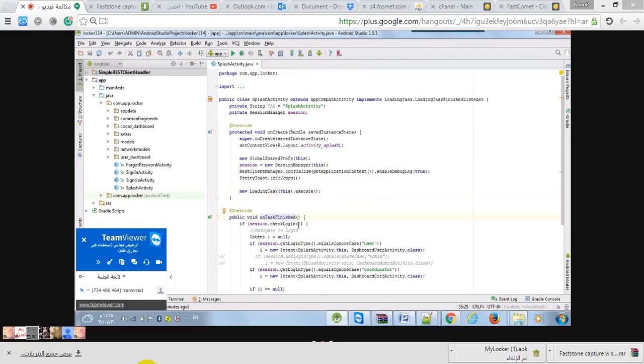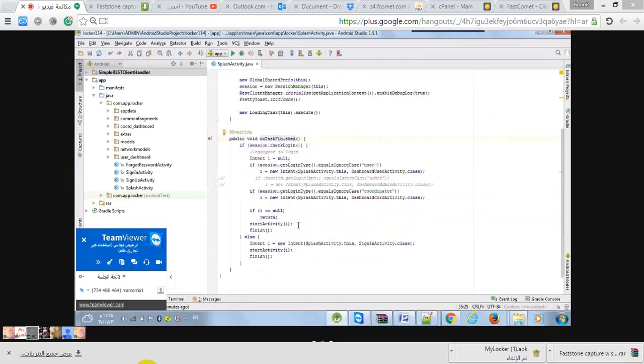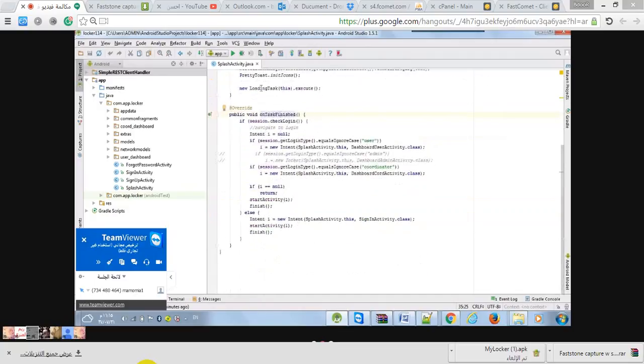And then in this function, which will be called after 2 seconds of executing this line, this onTaskFinished function will be called, and in this function we have checked